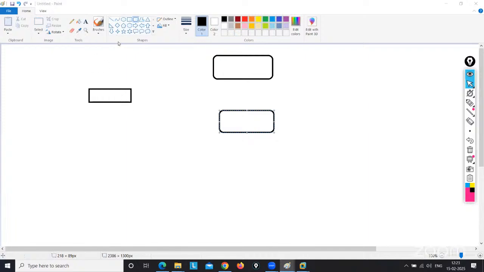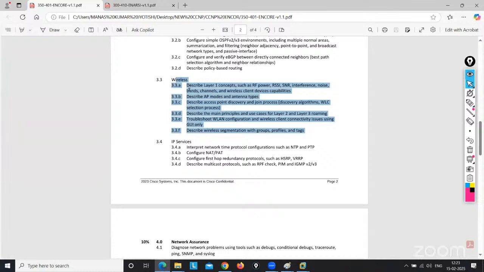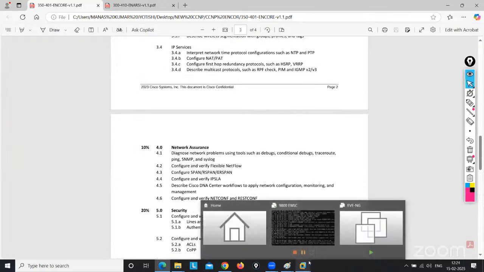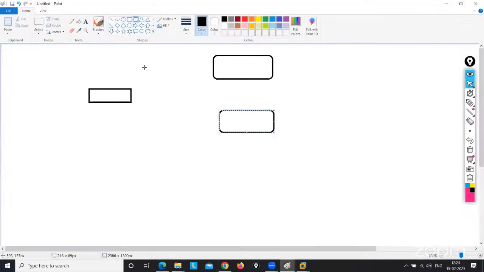So these are the topics I showed you in this PDF. So these are the described parts. I will let you know how to create all the tags, policy, flags, WLAN on the 9800 WLC from this virtual setup. But the question will be asked. There's something they will ask.